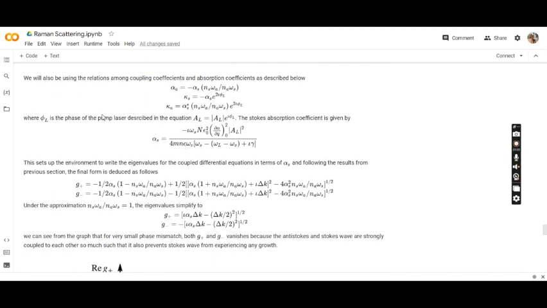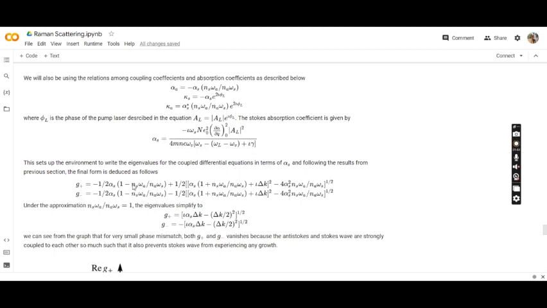In this expression, phi L is the phase of the pump laser described in this equation. A_L is equal to mod of A_L e^(i phi L). And we will also be making use of the Stokes absorption coefficient, and it's given by this complicated term. Now this sets up the environment, and we can plug all these values in the general expression for the eigenvalues